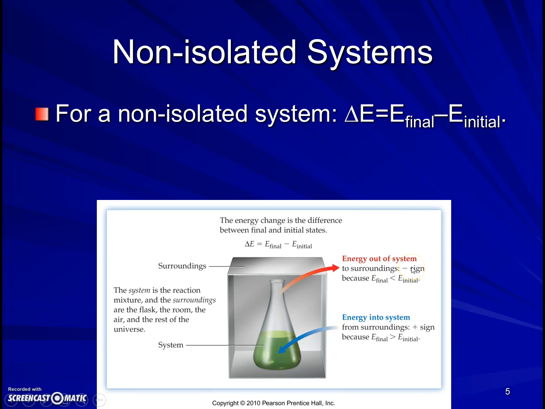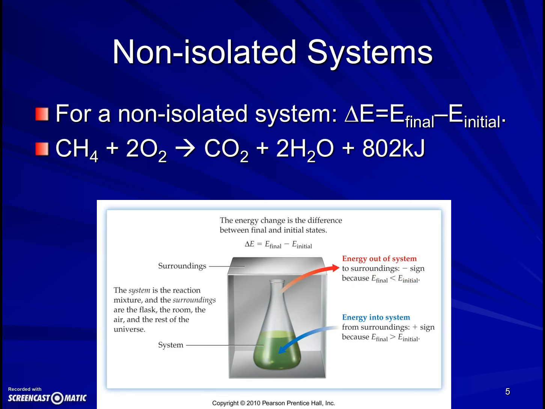So for example, the system in this picture, if we have methane reacting with oxygen to form carbon dioxide and water, that's going to give off 802 kilojoules of energy per mole of methane, because that is going to be energy that is released. So if we have a system that's here where some reaction is going on and energy is able to escape, say, as heat, then that heat that comes out would be the change in energy for that system.